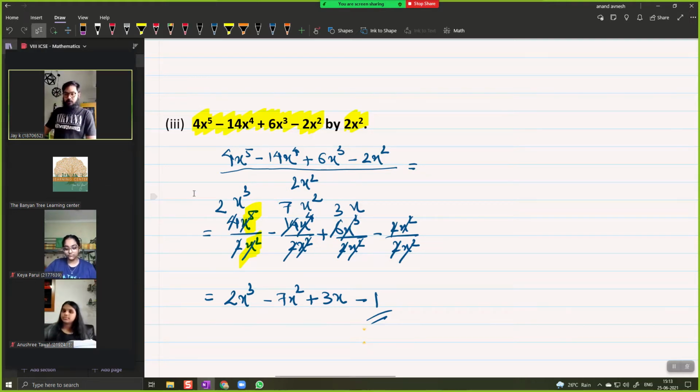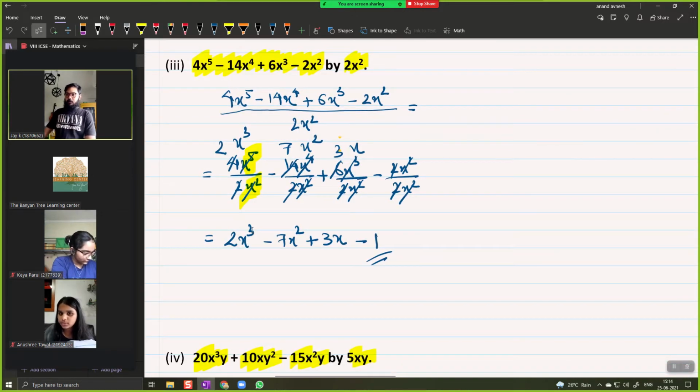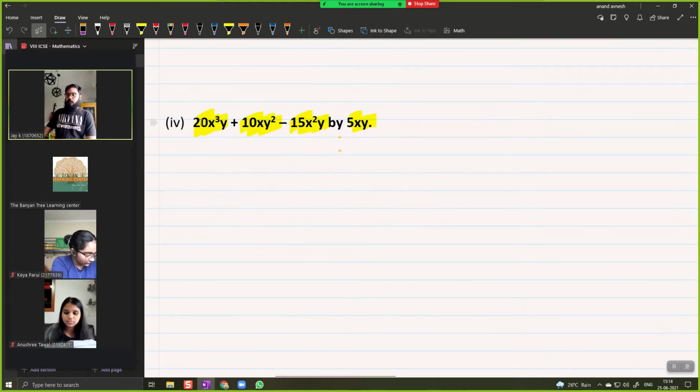Next question. I think you should be able to try this one. We have got a trinomial over here, and it will be divided by a monomial 5xy, just like the previous question. First write 5xy in the denominator under all three terms, and then write 5xy under the individual terms, the sign in between stays as it is, and then do the division and get the answer. Send me the picture of the answer, so I will check it.